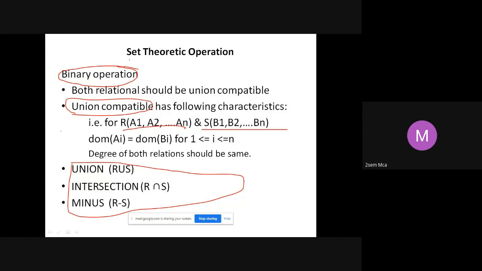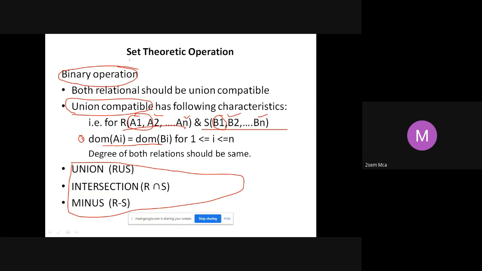First condition is domain of Ai should be equal to the domain of Bi. That means domain of every attribute of R should be the same as the domain of every attribute of S. Domain of A1 should be the same as the domain of B1. Domain of A2 should be the same as the domain of B2. Domain of An should be the same as the domain of Bn.